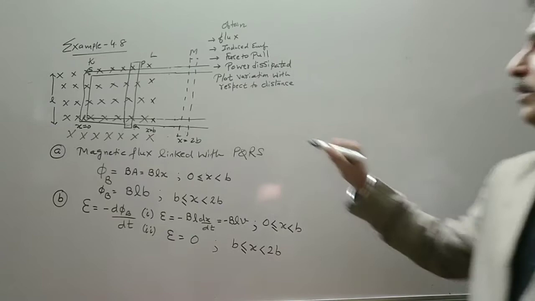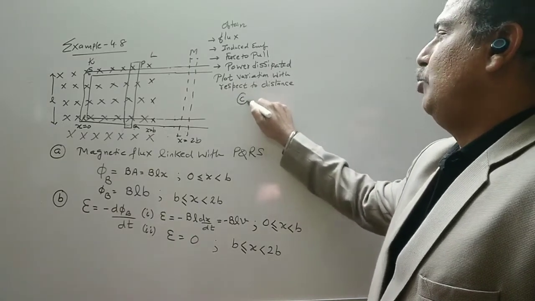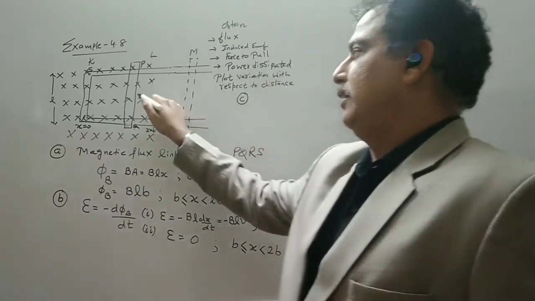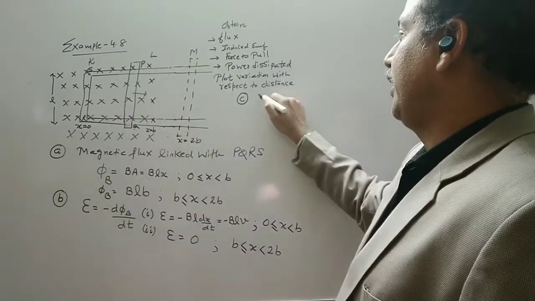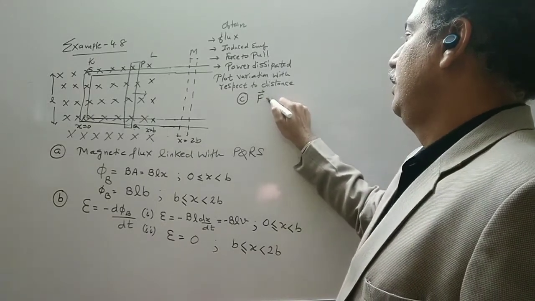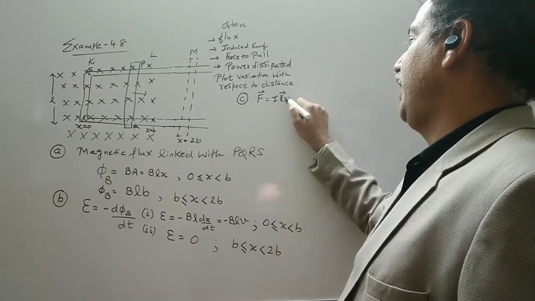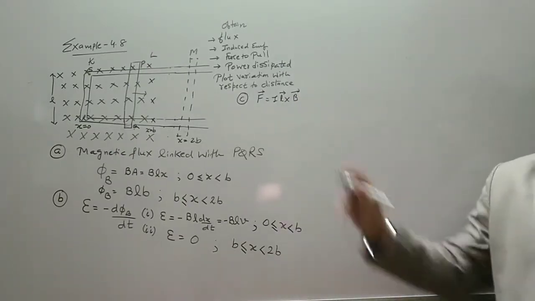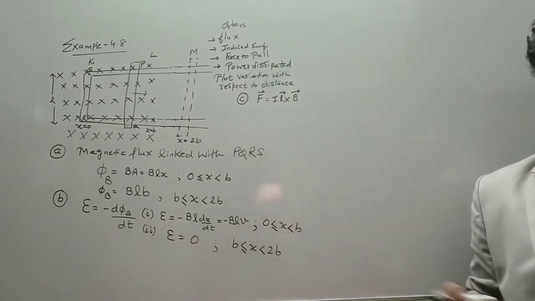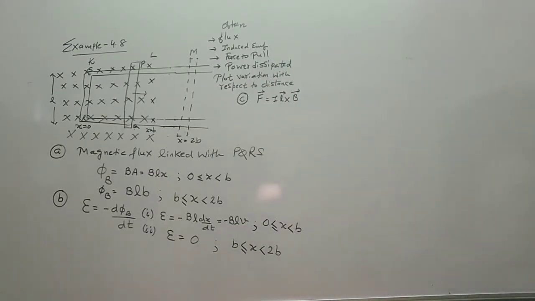Now, see how much force we require to pull it. Suppose we are first moving outward. Now we know that a force acting on the rod should be equal to at least IL cross B. Now this is actually the Lenz force, which is opposite to the direction of our applied force. But what should be the magnitude? So the magnitude should be equal to IL cross B, that we did in the last lecture.